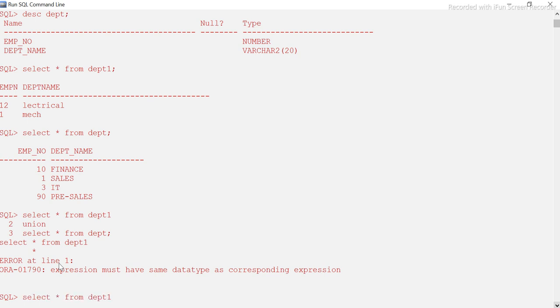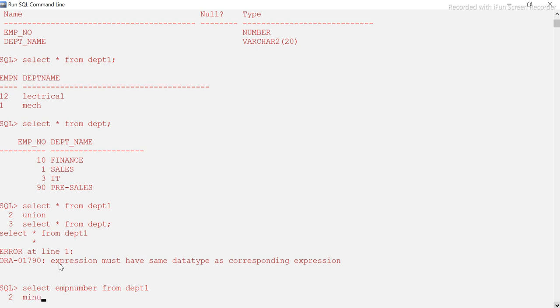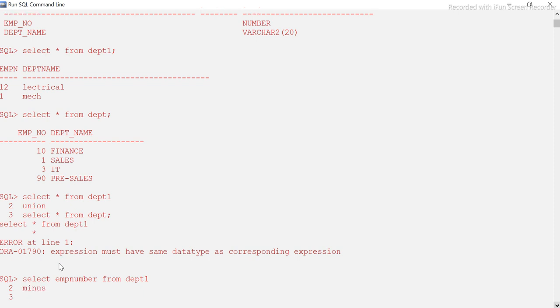I want to say department number one, I want to say EMP number. Now minus or union, let's say. That's fine. Minus is also working fine because that is also a set operator. Now here I will say EMP underscore number. This is a different column name, right? So that's the reason.